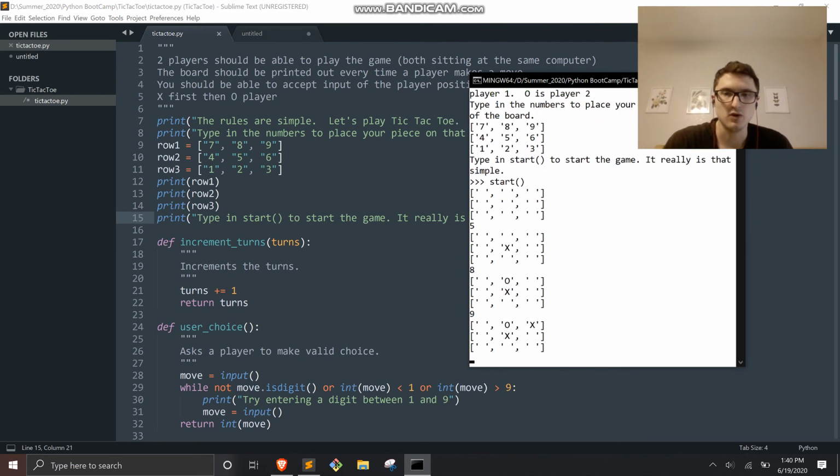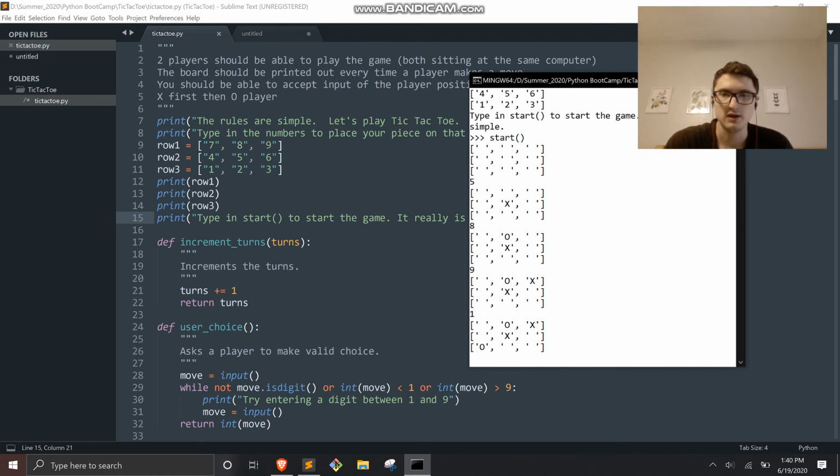And then O wants to block X, so he goes here. And then maybe X goes again at 3. And then maybe O goes at,